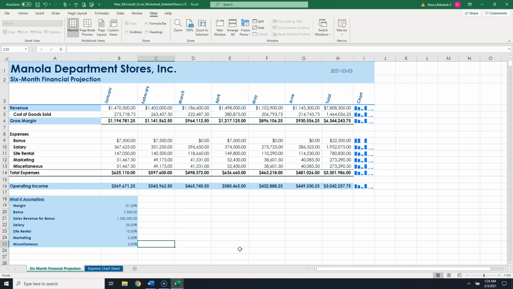So by making those changes, we've increased the salary, we've increased the bonus, we've decreased our miscellaneous expenses. So we have gone from $3,323,000 and change to now right at $3,042,000. So just by making those changes, you can see that we lost, or we used about $300,000 more dollars